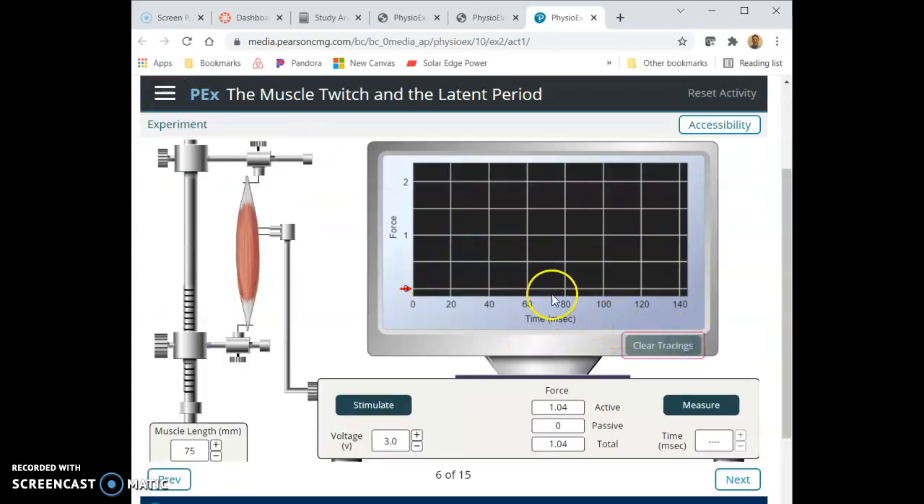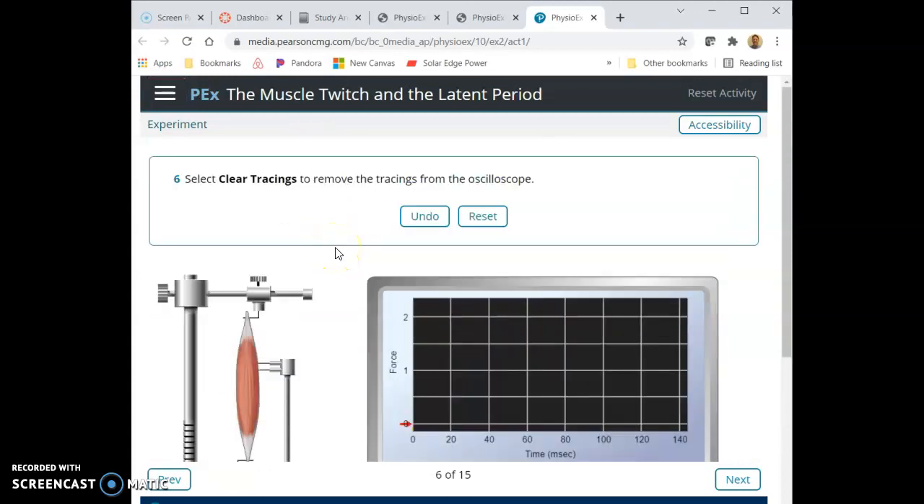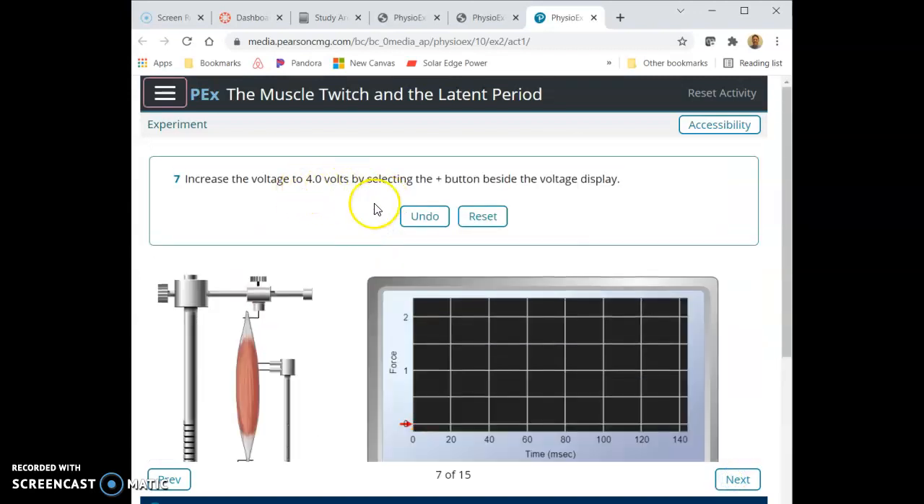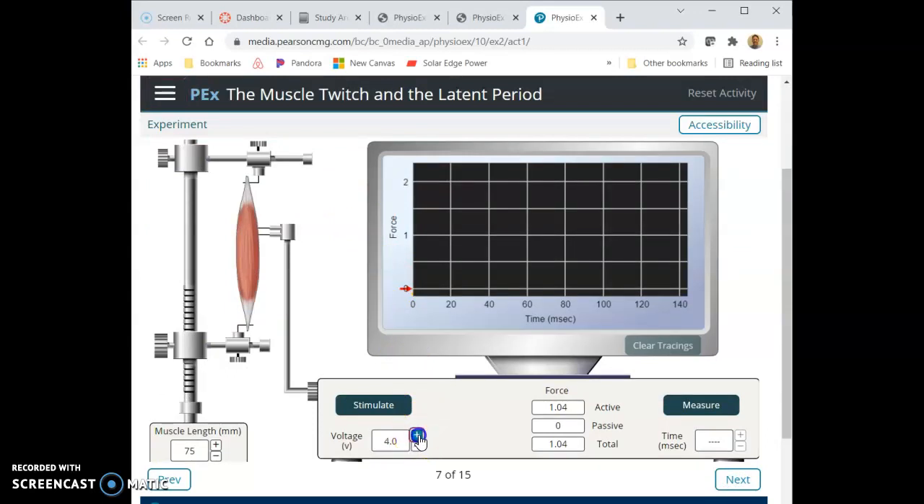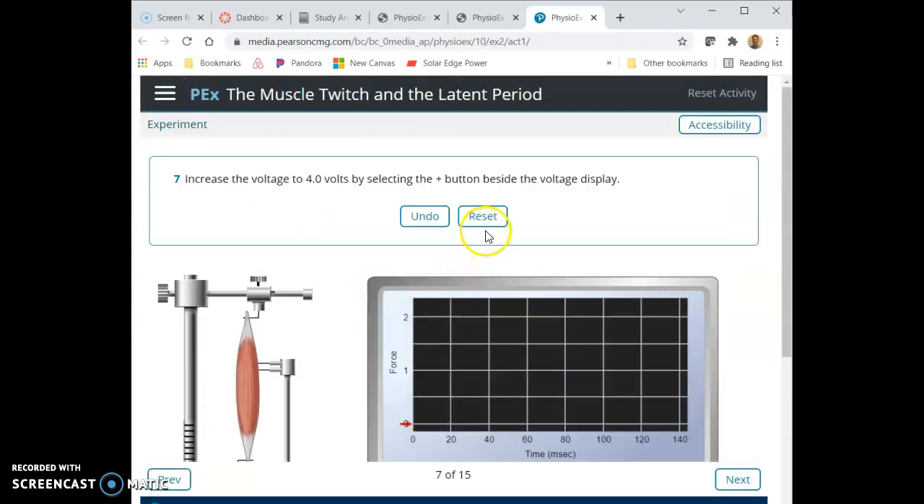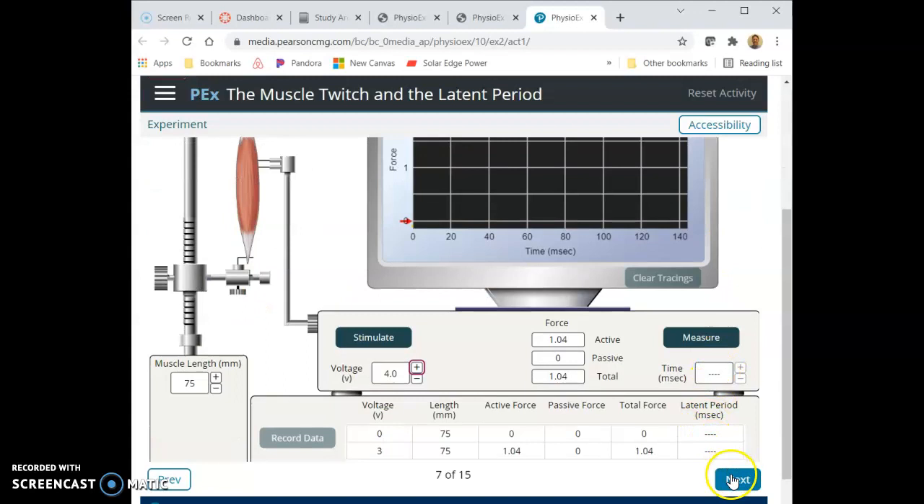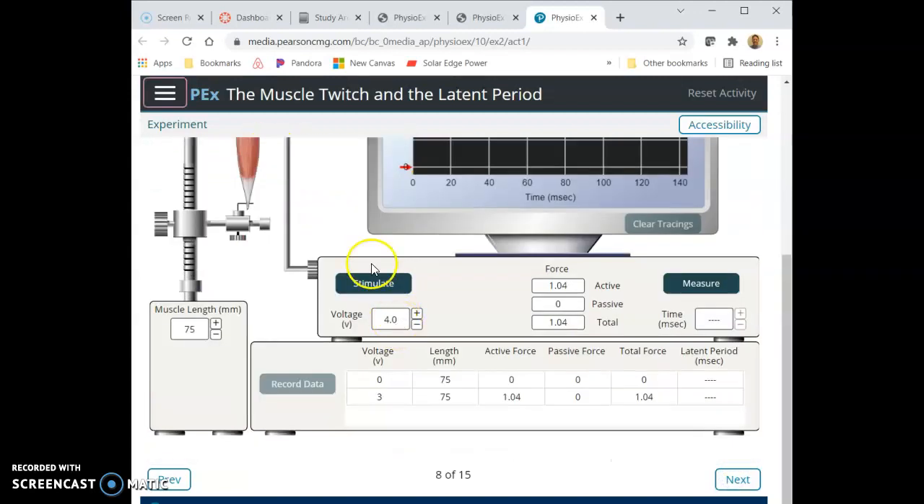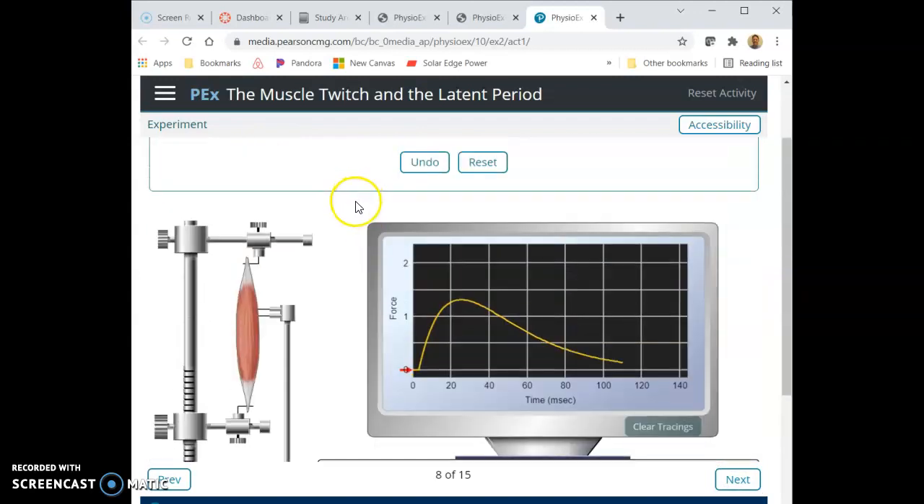So we'll get these out of the way so we can see a new one and be able to see it. We'll go to next and increase the voltage to 4 volts. So we're at 3, we'll hit 4. And you know you have to stimulate, but we'll just hit next, just select stimulate. Let's do that. So it looks about the same, a little higher because realize this muscle is made up of